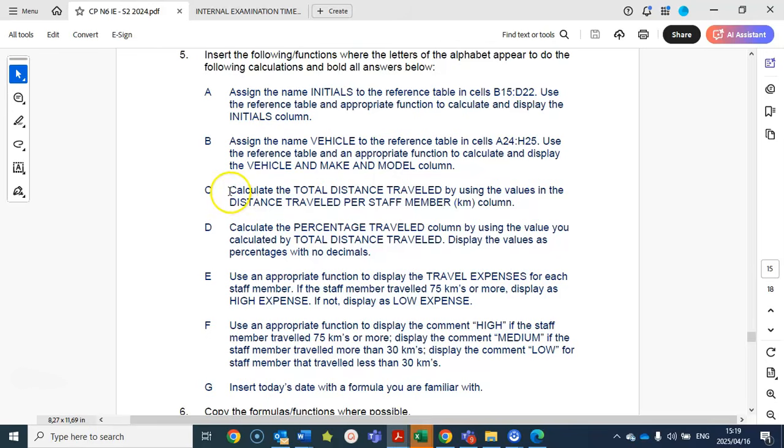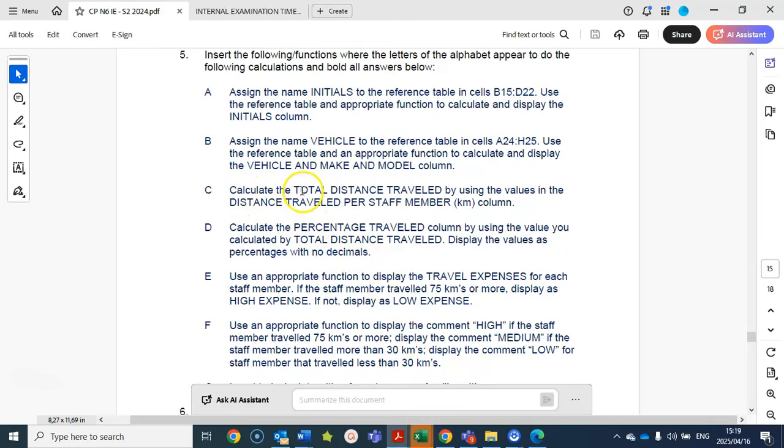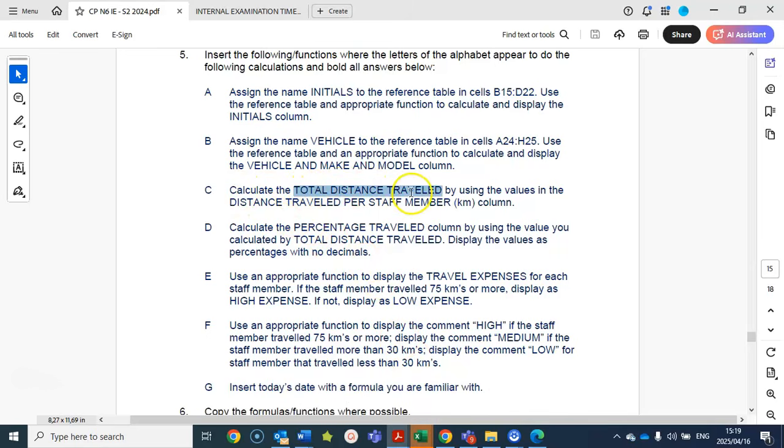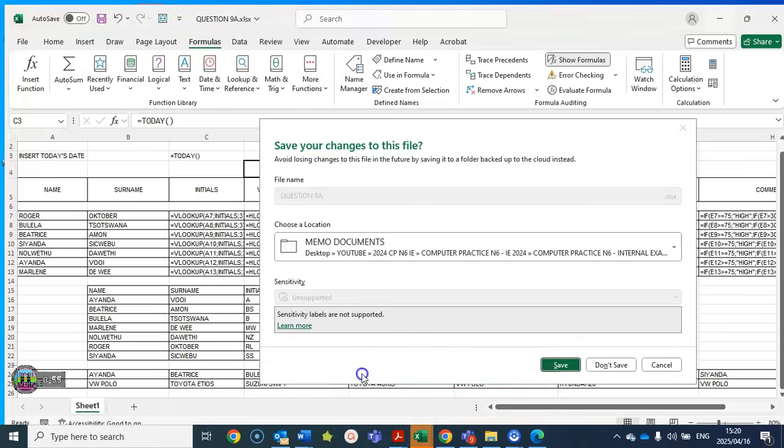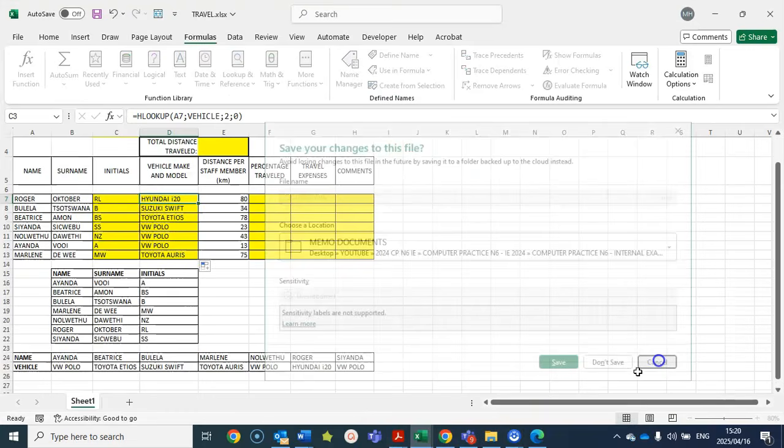Before we do, let's determine what we need to do. Calculate the total distance traveled by using the values in the distance traveled per staff member column. Students, whenever you are asked to calculate a total of anything, that means that you need to use equal sum. So if I go to my spreadsheet,